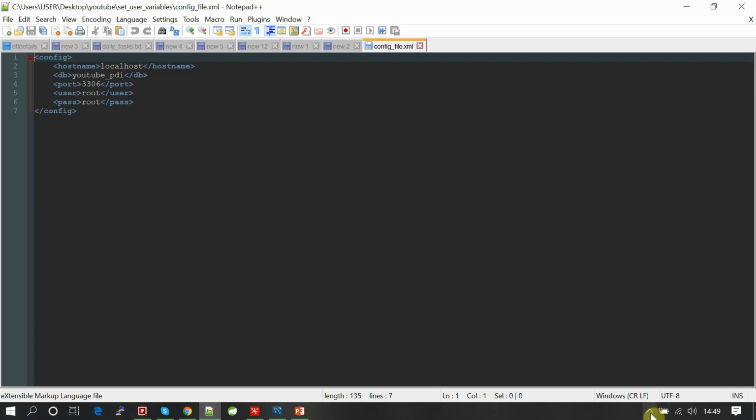Here I'm using an XML file. I defined variables called hostname, DB, port, username, and password. This is my local MySQL DB.